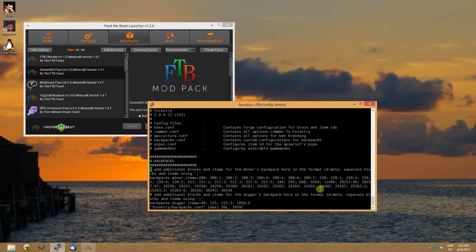And we're going to go to the miner backpack. What? Kind of jumped on me. Oh. Right, so it's wrapped, I guess. So after 245, 246, and 247. So again, that's our tin ore and copper ores from